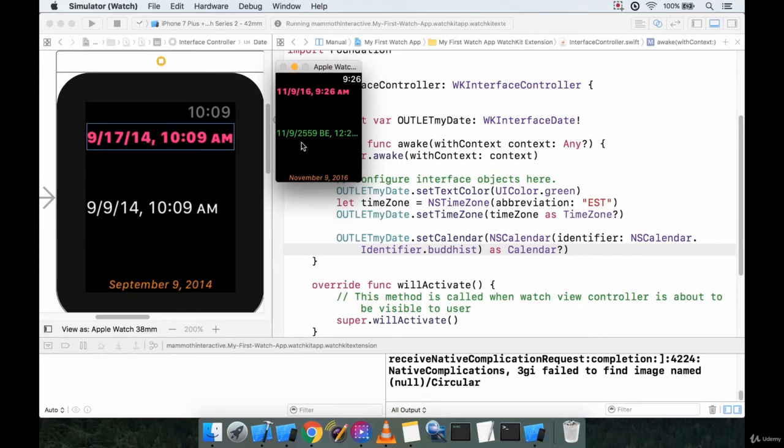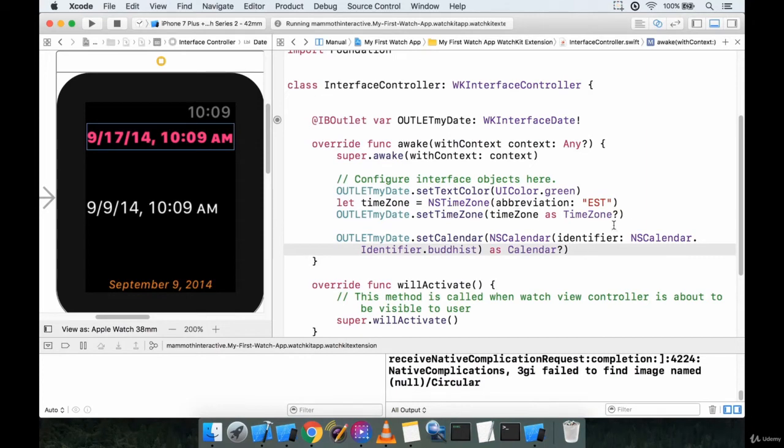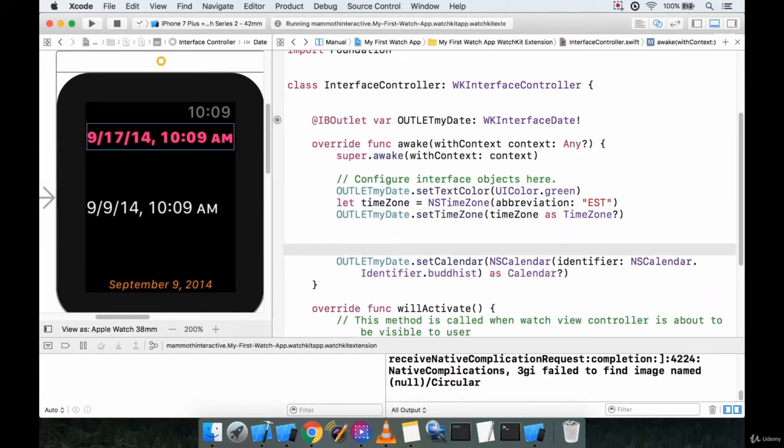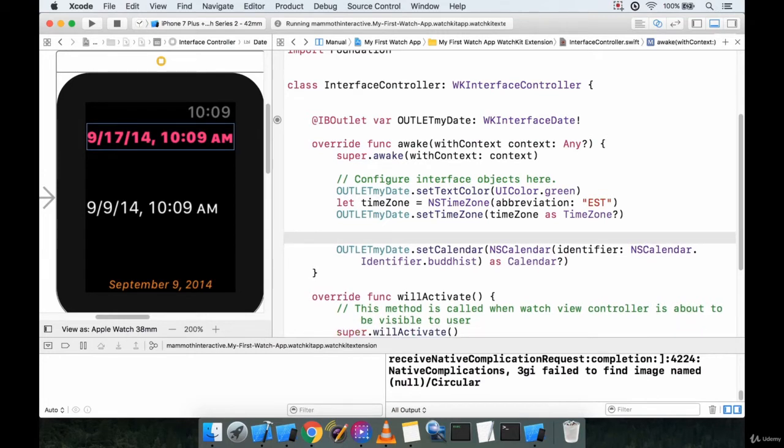And we have it set to Eastern Standard Time. That's why it's showing 12 something, that it's being cut off currently. But yeah, so this is how we can see different types of calendars. Let's do our code like we did before for our time zone. So we'll just set a constant, and that will allow us to be a little bit less lengthy here when we're passing in the calendar object. So let's say let buddhistCalendar